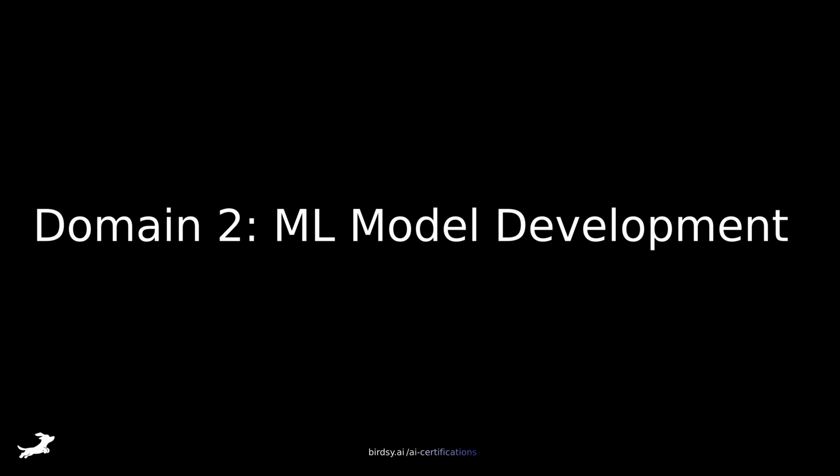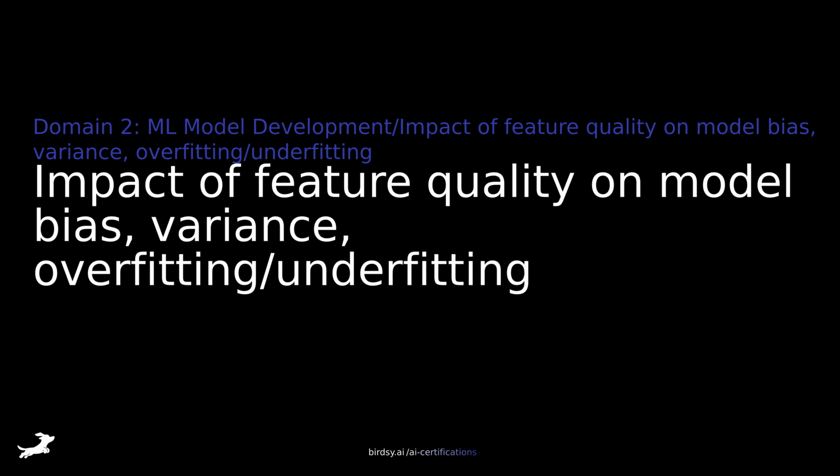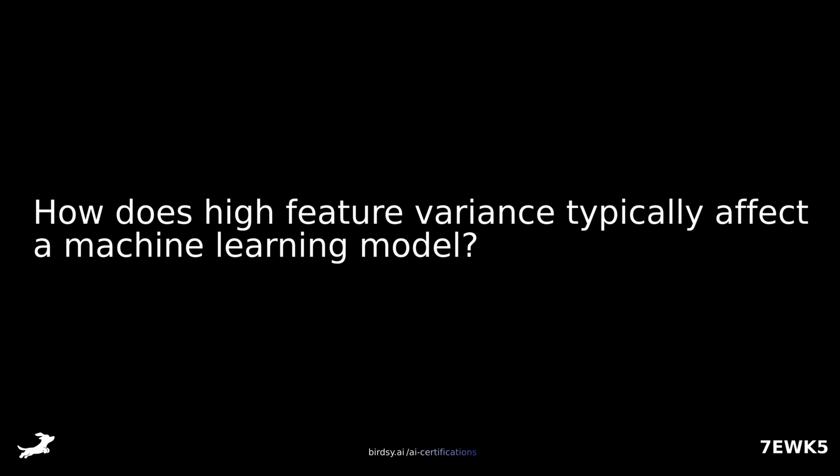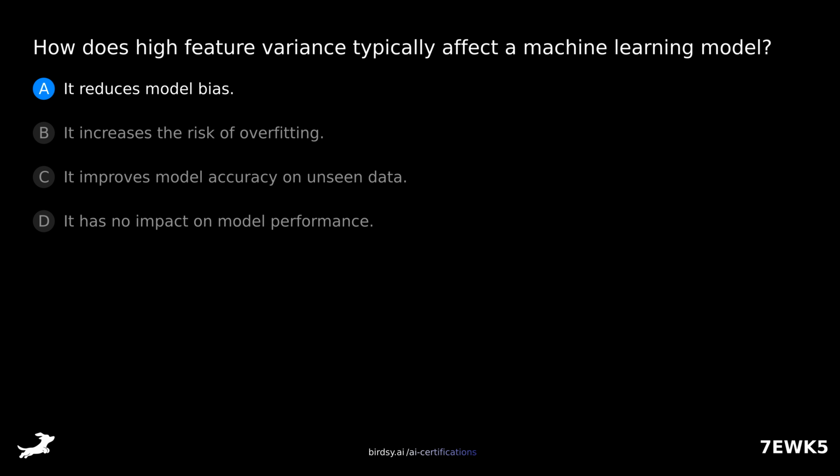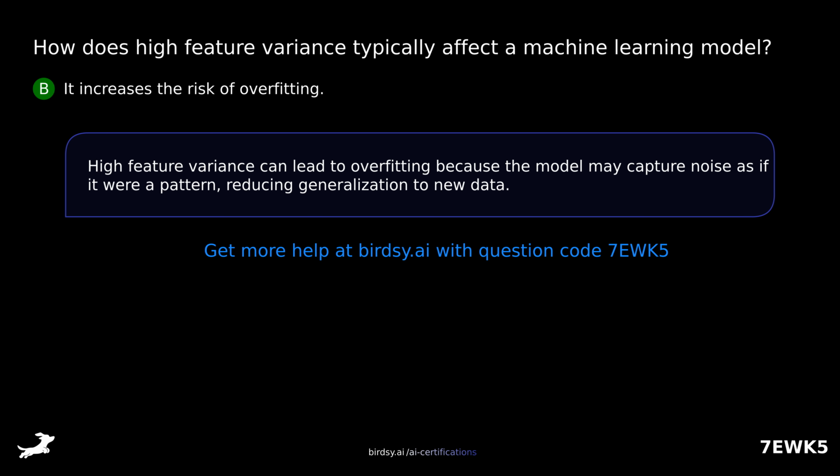Domain 2, ML model development. Impact of feature quality on model bias, variance, overfitting, underfitting. How does high feature variance typically affect a machine learning model? Is it A, it reduces model bias? B, it increases the risk of overfitting? C, it improves model accuracy on unseen data? Or D, it has no impact on model performance? The answer is B, it increases the risk of overfitting. High feature variance can lead to overfitting because the model may capture noise as if it were a pattern, reducing